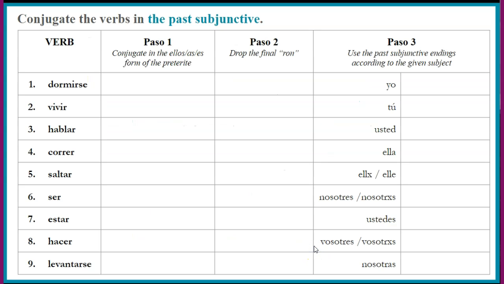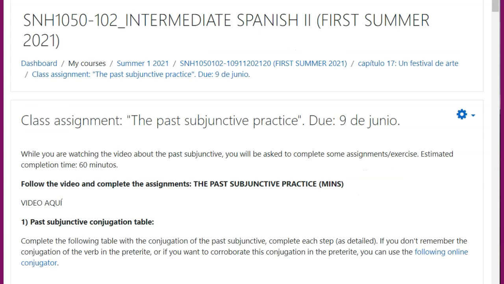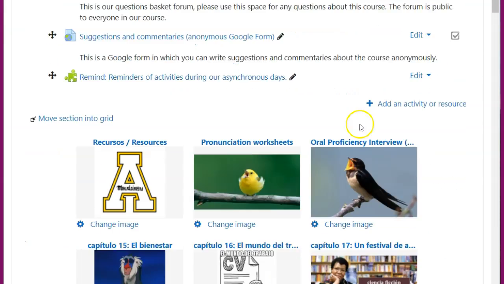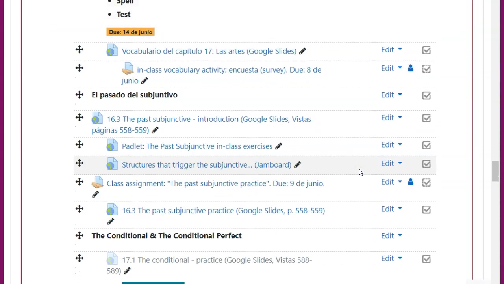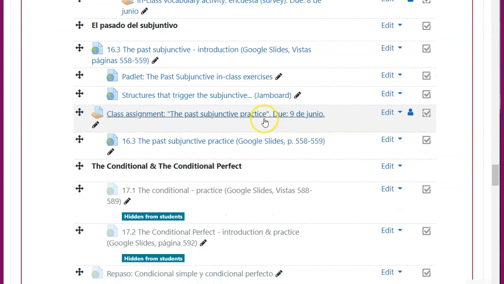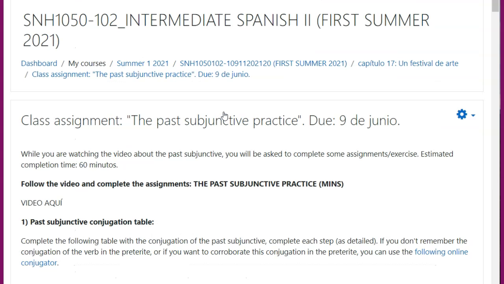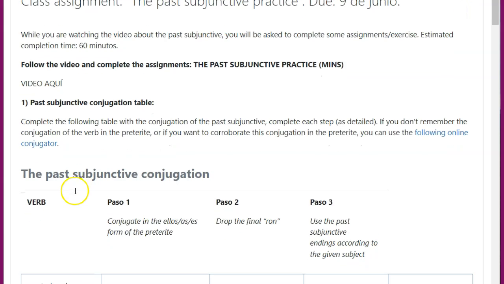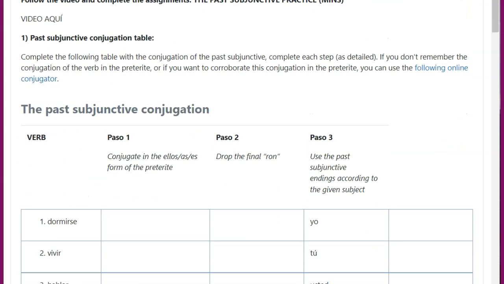So our first exercise is here. I want you to go to As You Learn and click under chapter 17, capítulo 17, and you have here the Google Slides that we're currently on. If you need them, they're here. But we're going to finish this class assignment while we're watching this video. So the first one is to conjugate